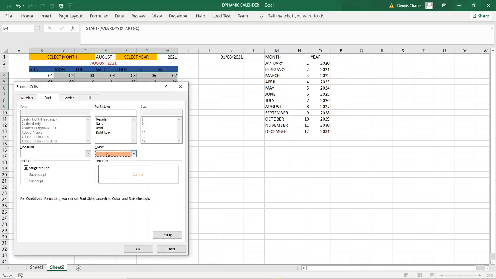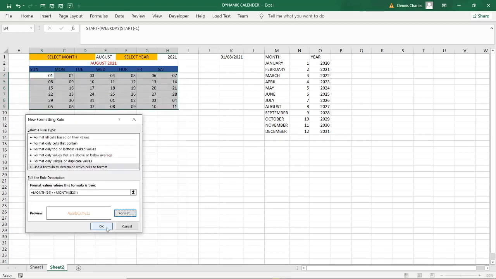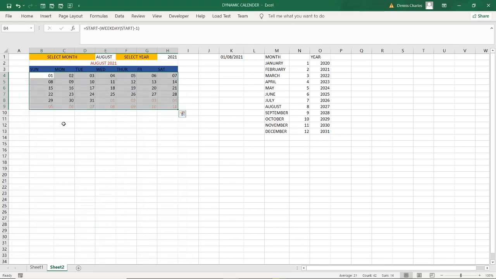If we use something of the kind, then click OK. So you realize these days will be changing color.